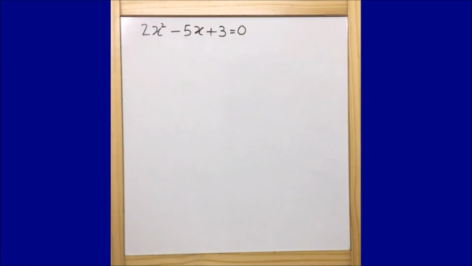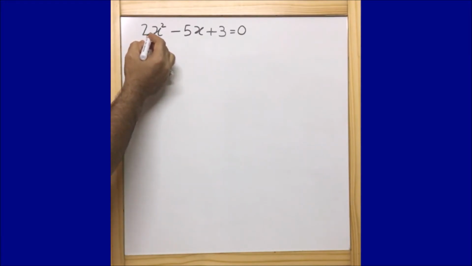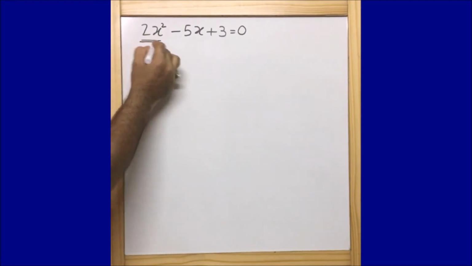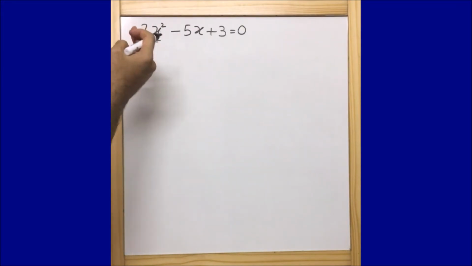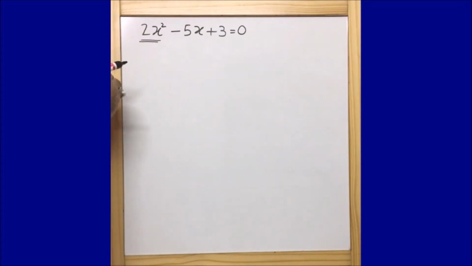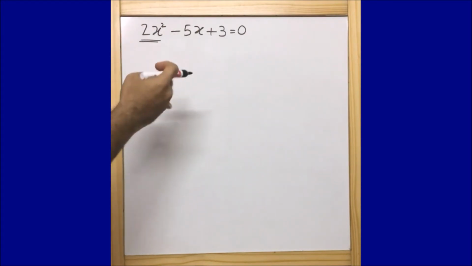And we are going to use the completing the square method. In order to use it, we need to see that the coefficient of the term 2x^2 should be a square of a particular number. Like if this number would have been 4, then it is a square. If this number would have been 25, then it is a square. So in order to make it a square, we need to multiply a certain number with the given number so that we can get a particular square.